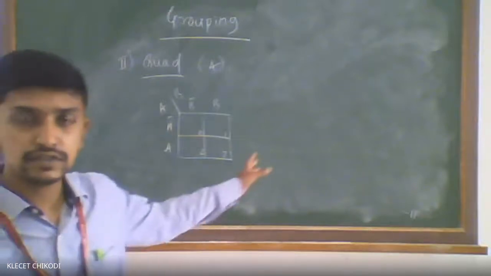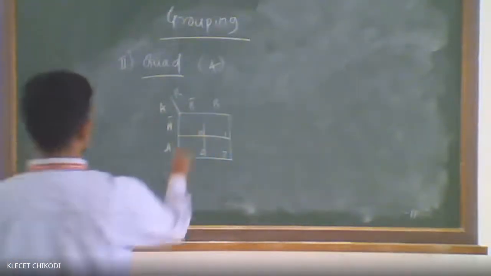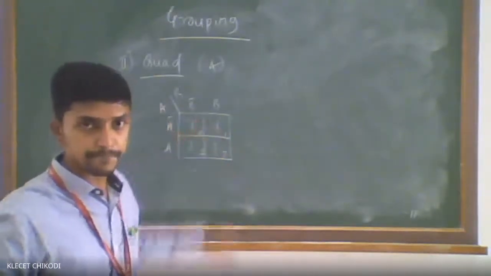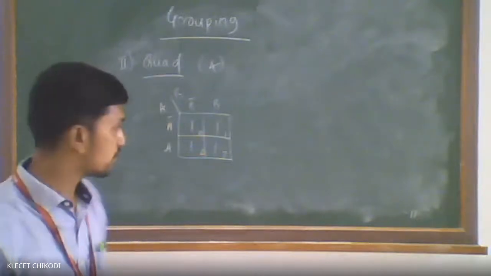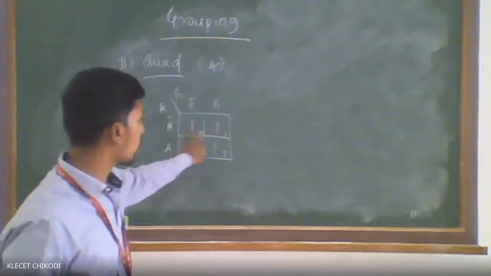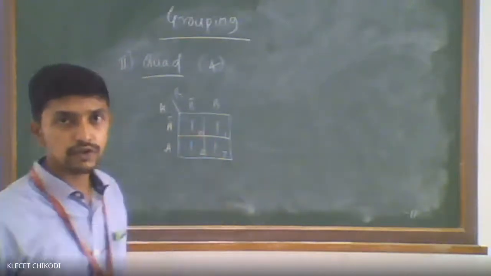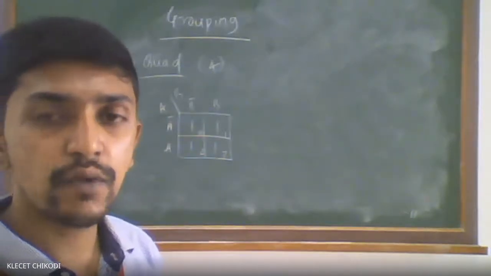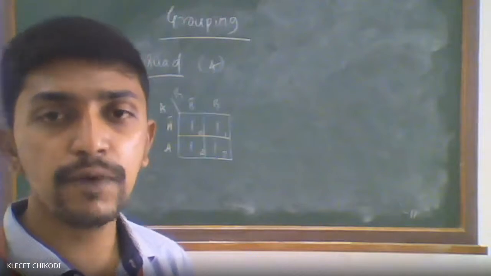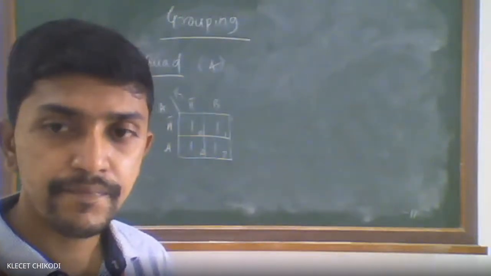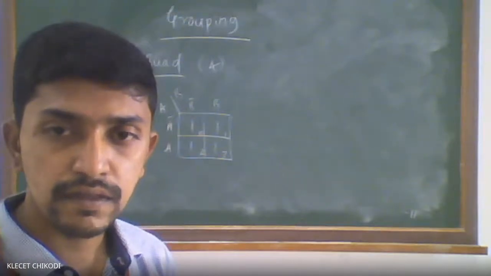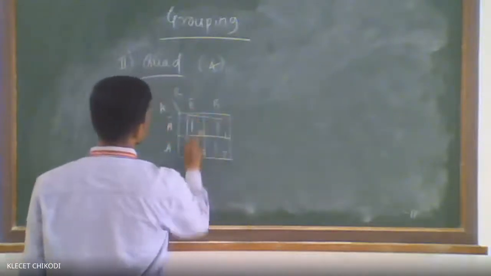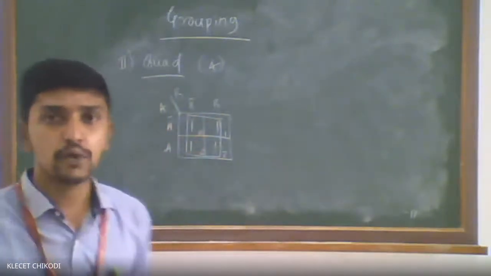So since I am going to make a quad here, all the values are 1 here. Suppose from the truth table, for the Boolean expression, we are getting all the values are 1 here. So there is a quad possible? There is a quad possible or not? We have to make a group of 4 cells there. Okay. So this is the quad. So this is the quad possible.